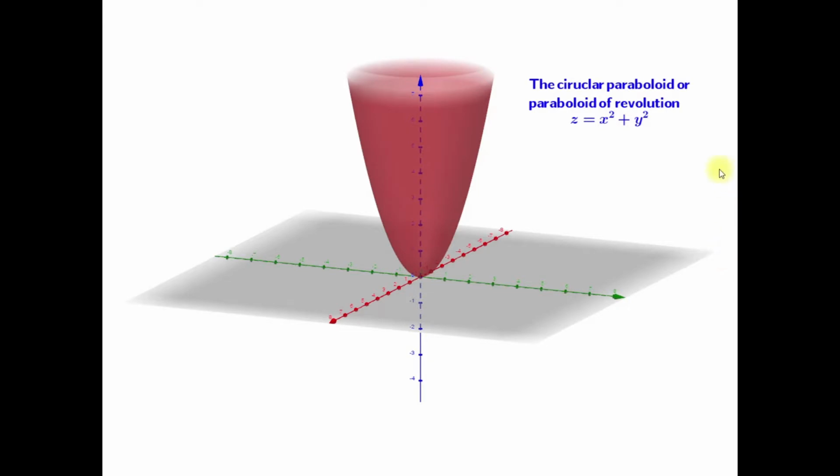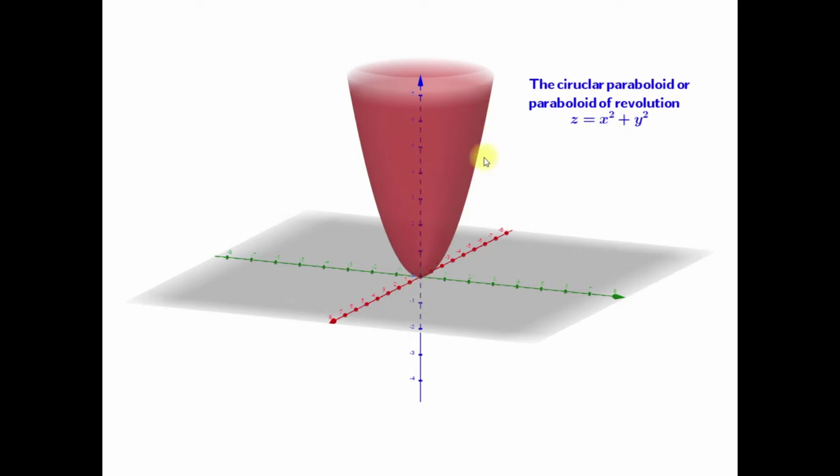The figure shows the circular paraboloid, or paraboloid of revolution, z is equal to x square plus y square. The only point where the surface intersects the xy plane is the point (0, 0, 0),